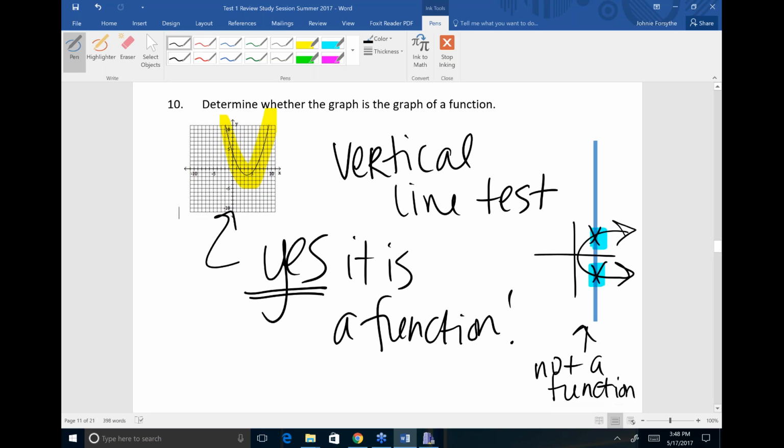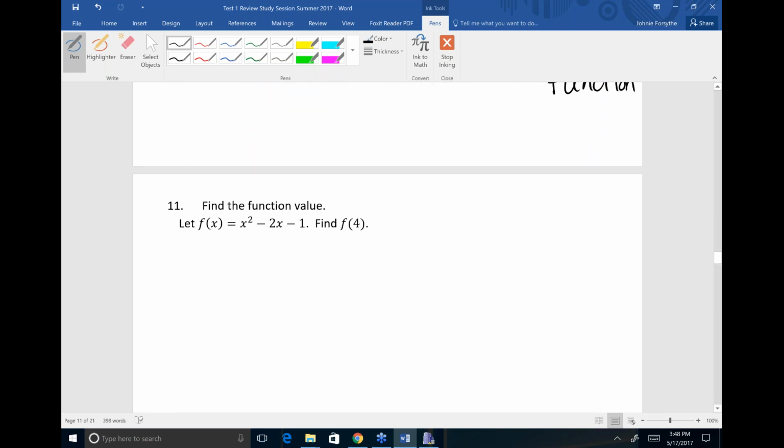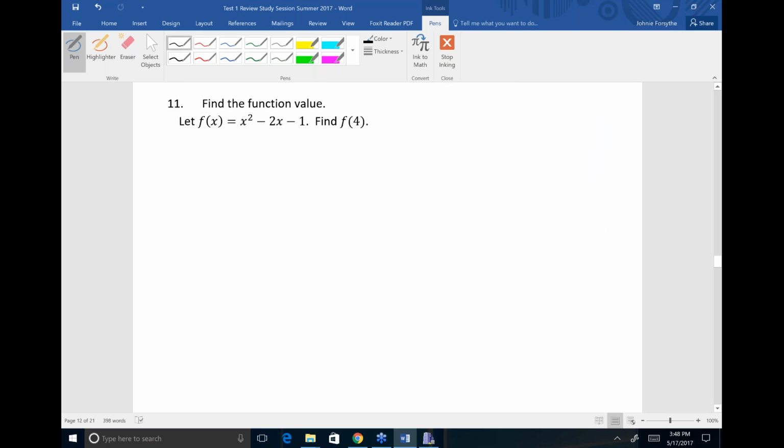All right. Let's keep the party going. Find the function value. So this is just getting you used to function notation. So find f of 4 if f of x equals x squared minus 2x minus 1. So basically you're going to take this 4, you're plugging it in for x. So everywhere you see x, you're going to put a 4. So f of 4